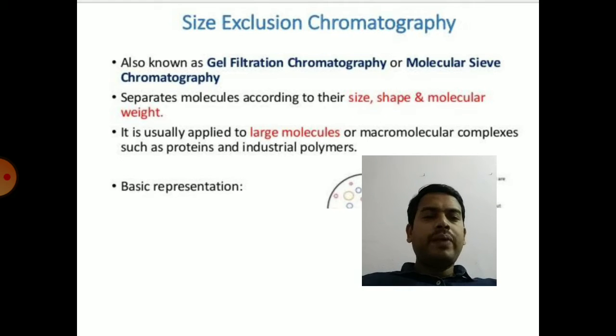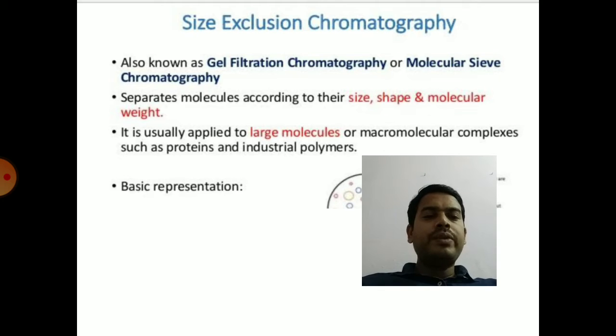Every solute particle or protein molecule to be separated is made up of amino acids, and it will be existing in a particular shape and structure, like primary structure, secondary, tertiary and quaternary structure. So it will have a specific size, shape and molecular weight. For example, if you see the classification of proteins based on the shape, globular and fibrous proteins. Fibrous proteins are long and elongated, whereas globular proteins exist in a three-dimensional structure, giving a globule-like oval shape.